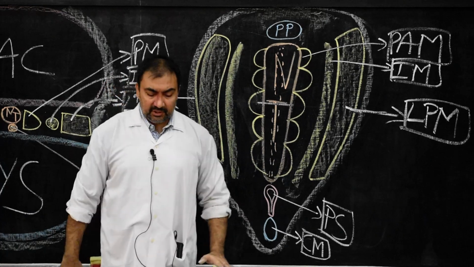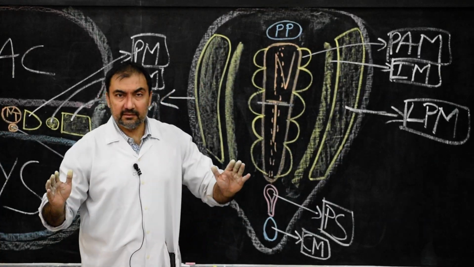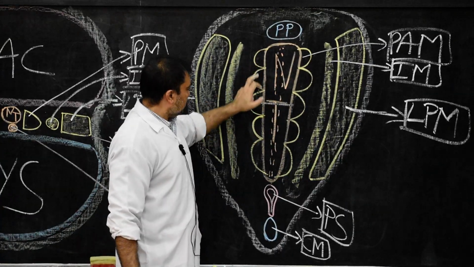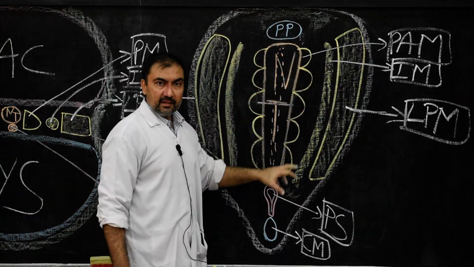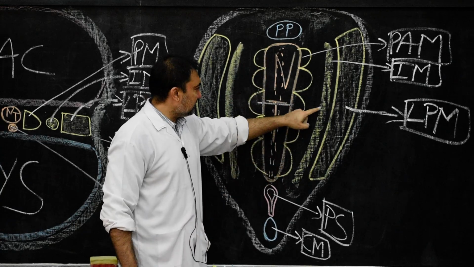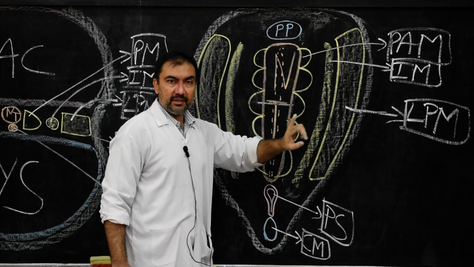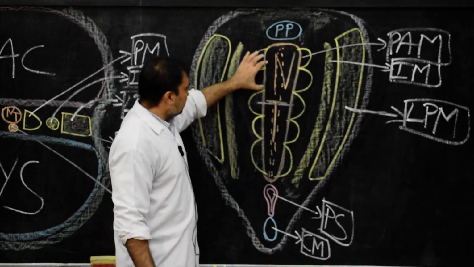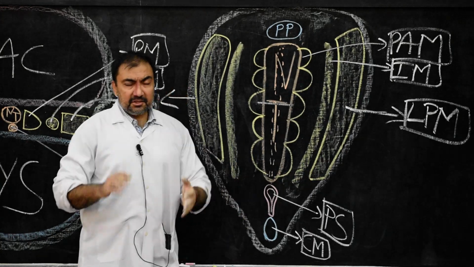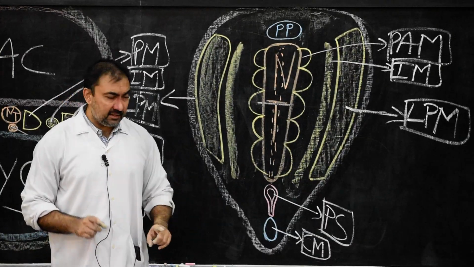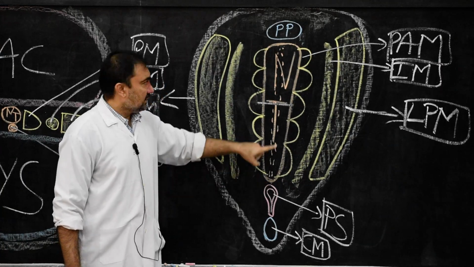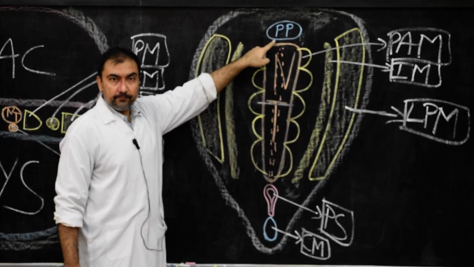This is how the intraembryonic mesoderm has been differentiated. Very simple. So paraxial mesoderm, they are small cubical masses which are present on either side of the neural tube, then intermediate mesoderm, and then lateral plate mesoderm. Now we are concentrating on paraxial mesoderm. Paraxial mesoderm will extend from, remember, the cranial end of the primitive streak till the precordal plate.